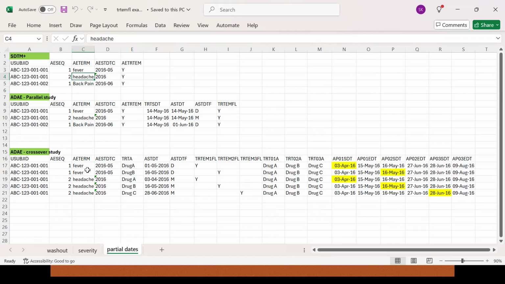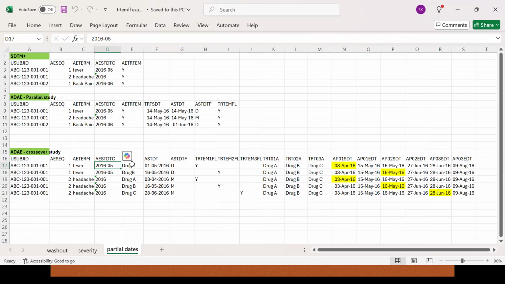So for the first one, let's consider the fever first. In this case, we know that the adverse event happened in May 2016. You will see that there are three periods defined for this study, this crossover study,